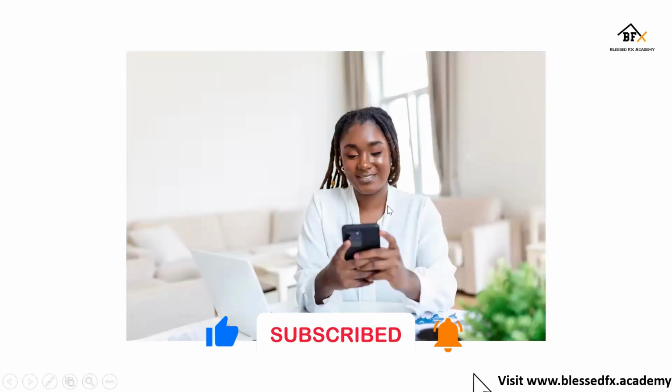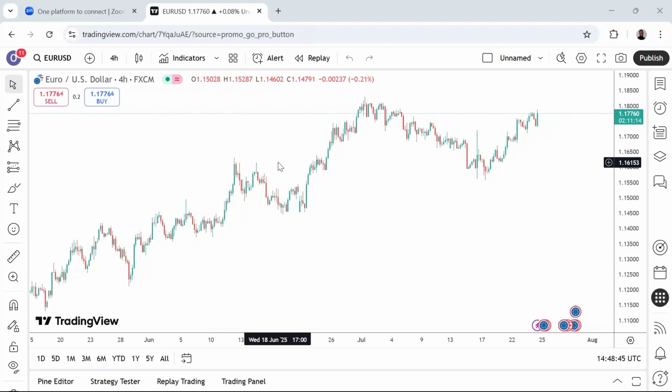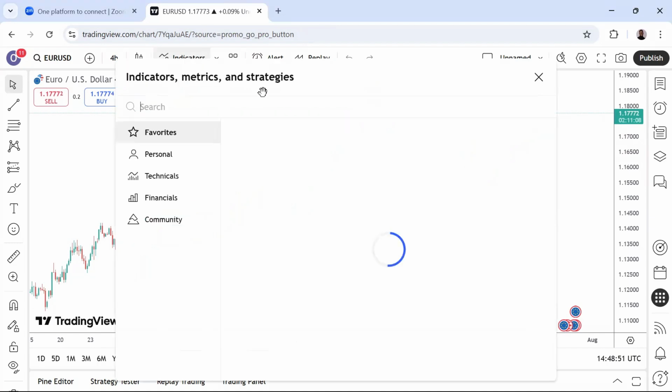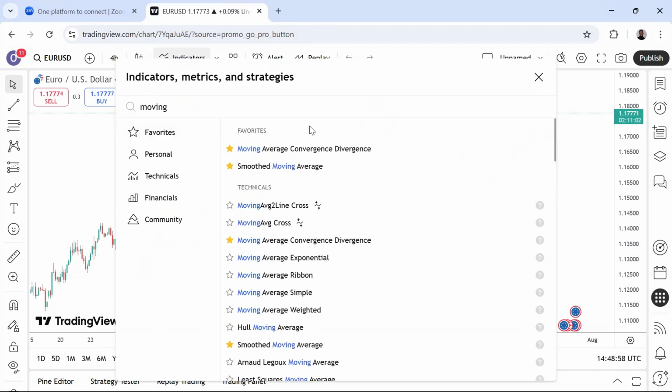That being said, let us move to the charts, and I'm going to show you how you can easily use certain indicators in your trading. Okay, so we have this right here. This is a chart, and we could start by adding an indicator to it. Let's start with moving averages, just like we said. I can show you a simple way to use it.